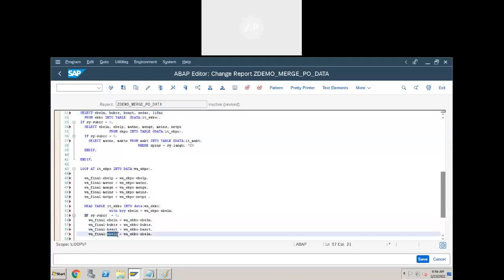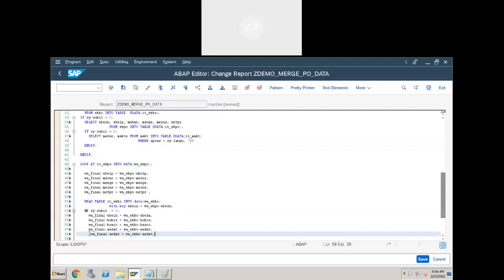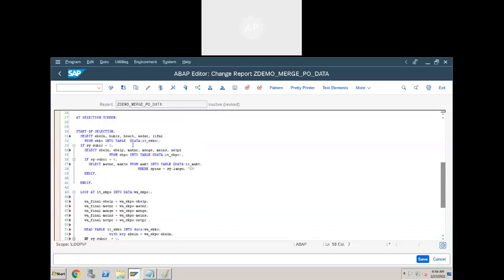AEDAT means when it is created. Going forward, we'll enhance more features to this same program, adding input parameters, etc. Okay, please don't change this program.